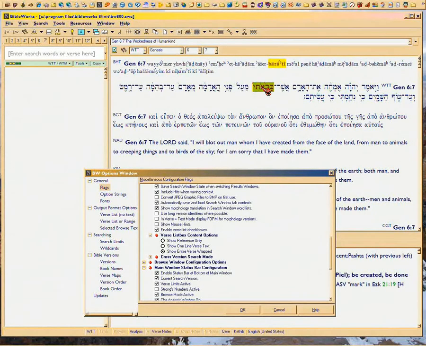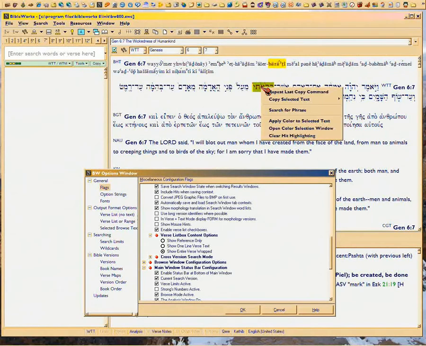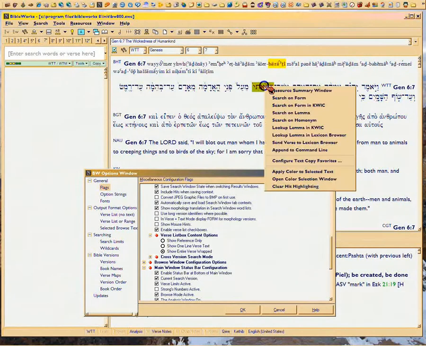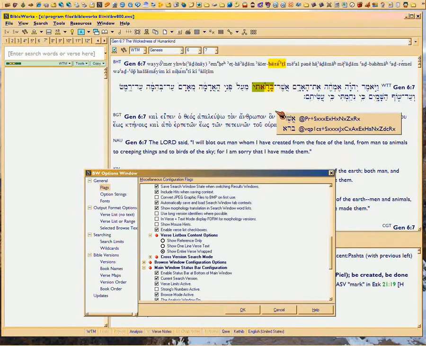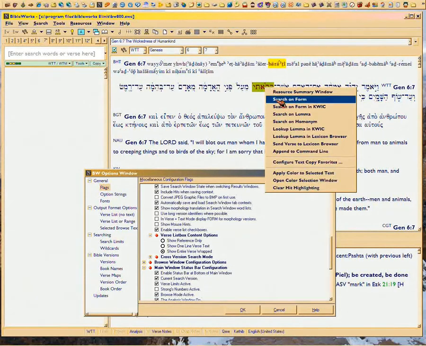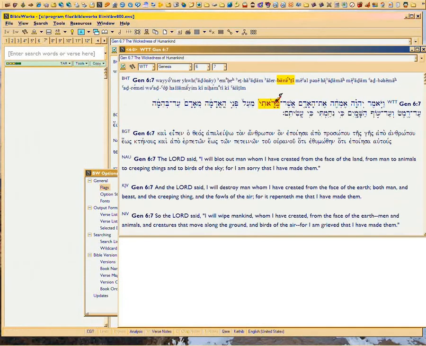So what we're going to do is we're going to right click, and that's not what you want. The mouse is real dicey with this thing. Yeah, that's the window you want. See where it says lemma? That means root, essentially. So you want to search on that, and then sometimes it'll actually work and sometimes it won't. If you say search on form, all you're going to get is the form,